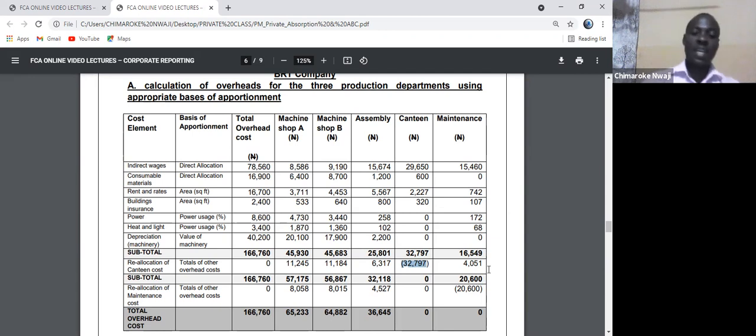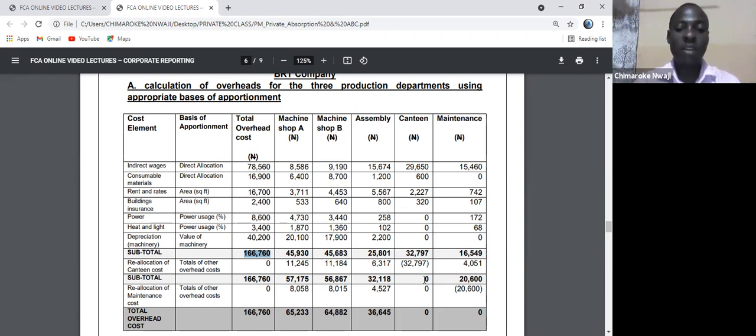You come back again and add the cost of machine A plus the cost of machine B plus the cost of assembly, you jump canteen, plus the cost of maintenance. This 4 will not be able to give you this 166,760, because this 166,760 includes this canteen. If you want to know the cost excluding canteen, you simply say